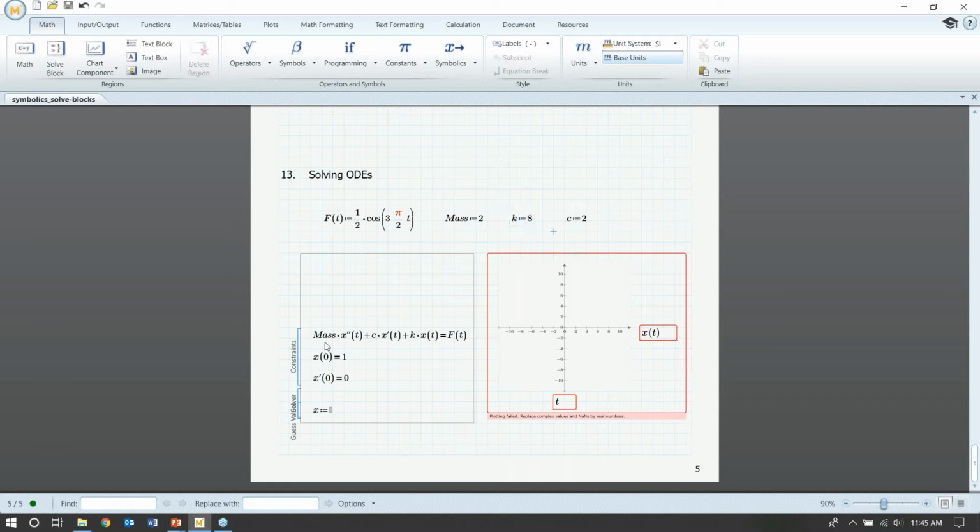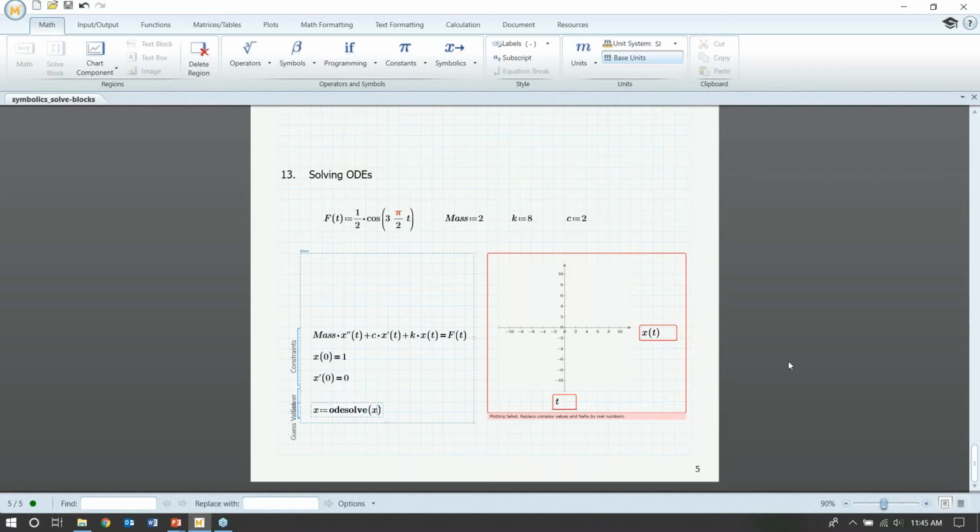So we have our equation set up here where we have mass times the second derivative of x with respect to t, plus our damping coefficient times the first derivative of x of t, and then our spring constant times x of t. And then this is all equal to our force function, which we've defined as f of t. We also know that our x of 0 is equal to 1, and our x prime of 0 is equal to 0. So in order to find our function for x, we're going to type ODE solve,